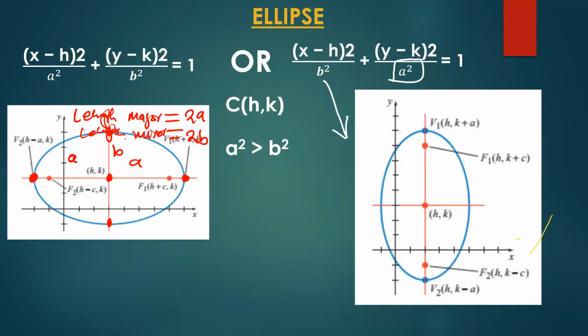And then there's also another thing which you're supposed to find, and this is known as the eccentricity. So the eccentricity is given by C over A. This is just a ratio which describes how this ellipse is,